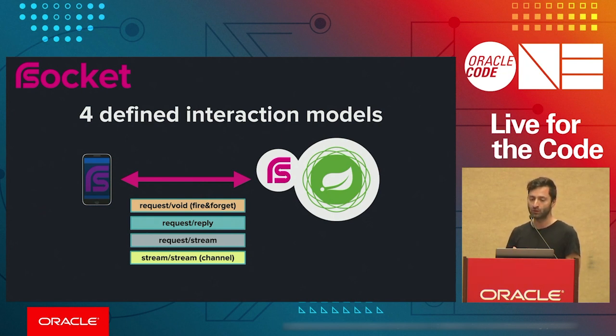With the RSocket protocol, you can send a message to a remote server or remote receiver, and you don't have to expect a response. So, fire-and-forget. It's pretty efficient for things like ping, logging, or non-critical data transfer. Then you have request-reply, and request-reply is exactly what you have with HTTP. You send a request and you can expect a reply with any data you want on both sides.